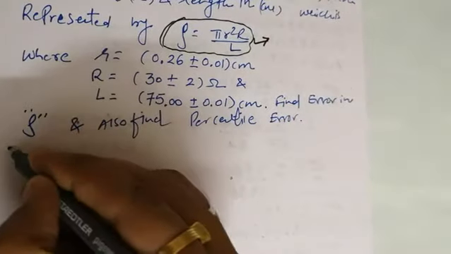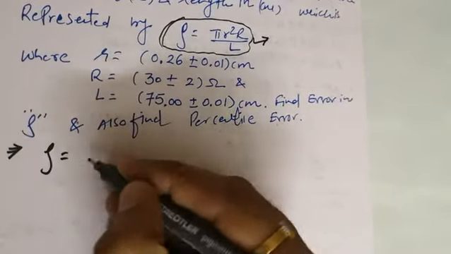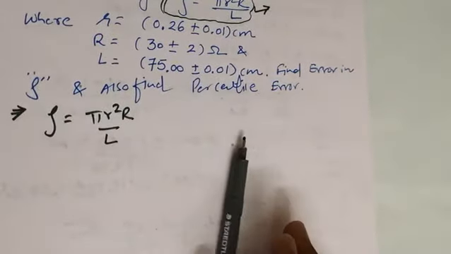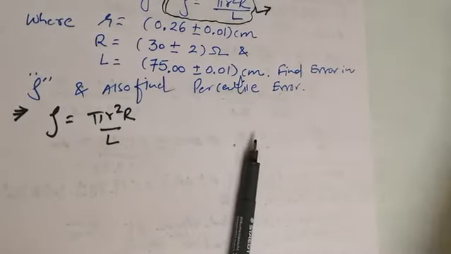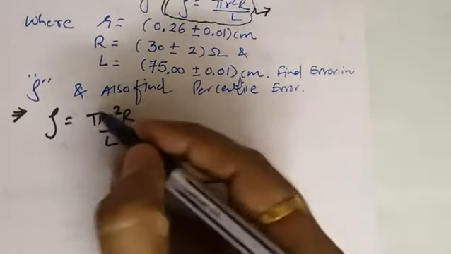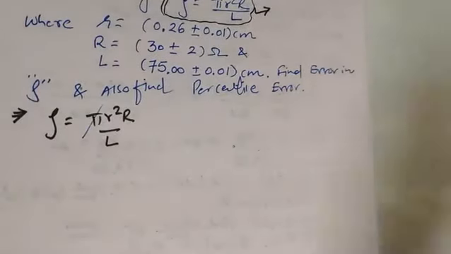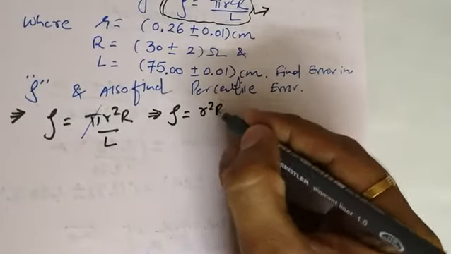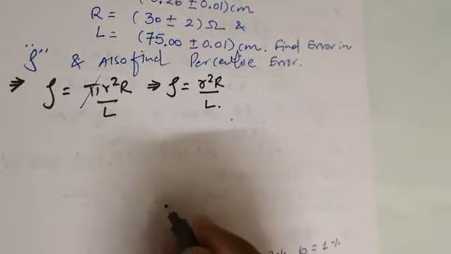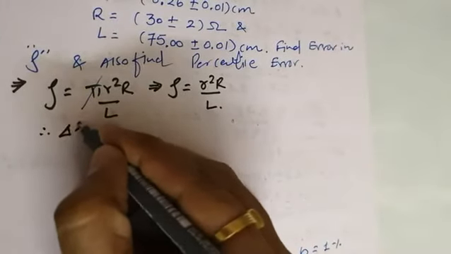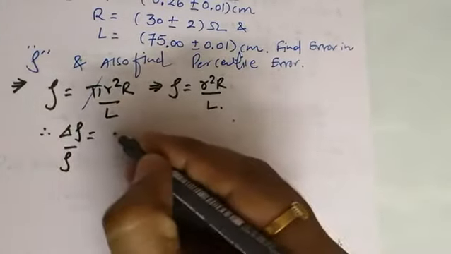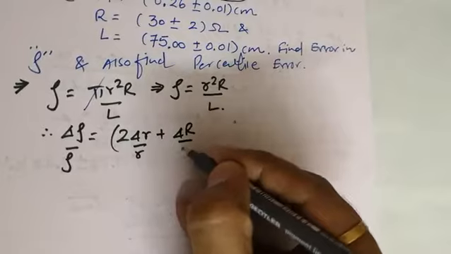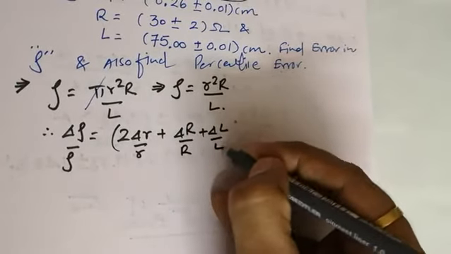So first of all, as per my data, I am mentioning that rho is equal to pi r square capital R by L. And you are aware that whenever such data is given to us, we are not in a position to use any constant, so pi can be cancelled out. So the only thing we have to calculate is the error in rho, which is small r square capital R by L. Now I want to find the error in terms of delta rho by rho, which is equal to 2 times delta r by r plus delta capital R by R plus delta L by L.